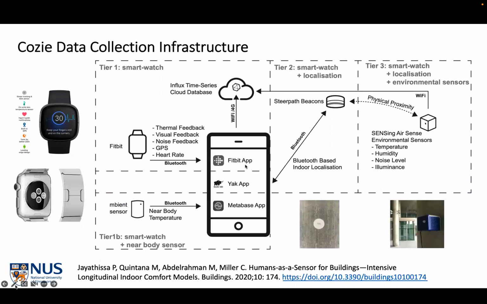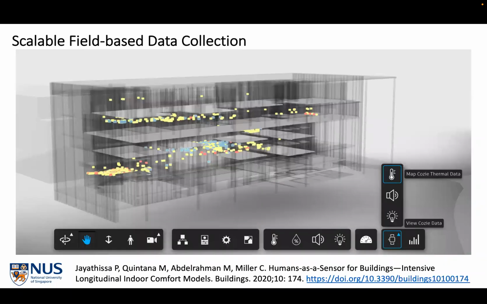We converge those microsurveys with all of the different kinds of data you can find from the watch, from the environment. So of course, you have fixed sensors that are around the spaces, which measure temperature, humidity, et cetera. You can put additional sensors on the watch strap, something we call the strap pack. We get near body temperature and things like that. And when we deploy this, we get data across a spatial context.